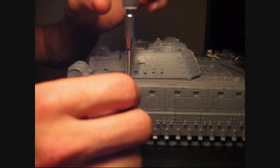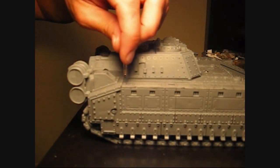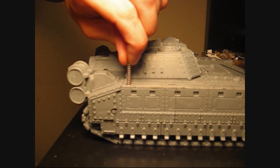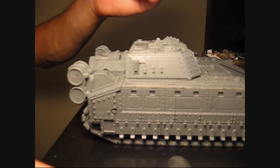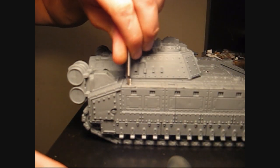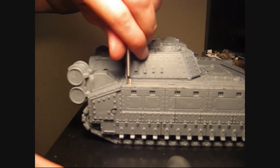And don't hesitate, guys, when you're first doing this, to just stick your magnets in and see how far it goes down. Now you can see that's not nearly enough. I've only got about 2/3 of the magnet in there. But what I'm going to do is use my second bit that I was talking about, and this you can use even by hand if you want to, because I'm just gonna take a little bit out, not much at all,